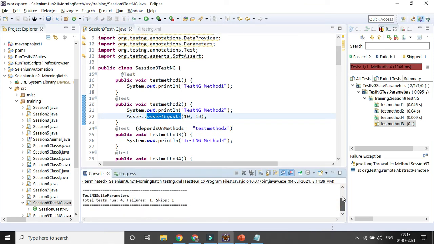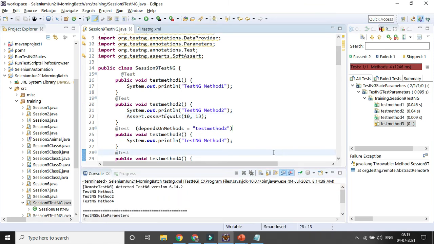So in the framework session, I will show you how, with the help of a listener, you can capture the screenshot. We will not be adding any method; I will be adding it only in the listener class. From the listener method, in case of failure, at that point the information will be captured immediately. Everything will be done with the help of the listener interface.